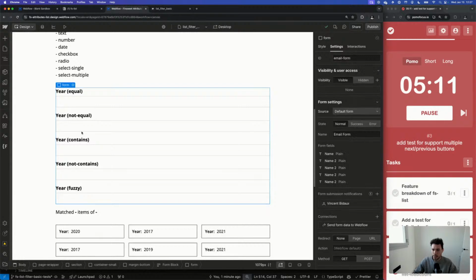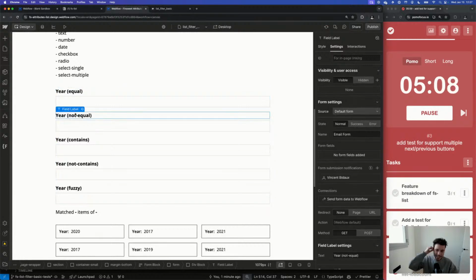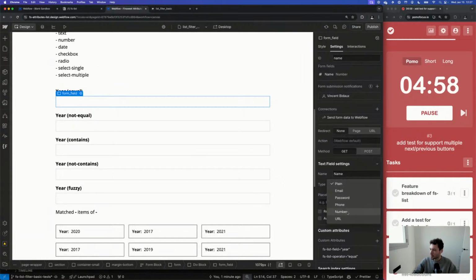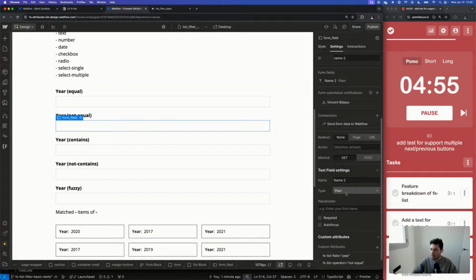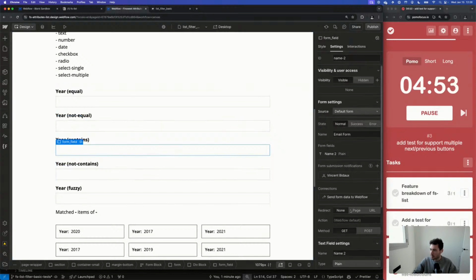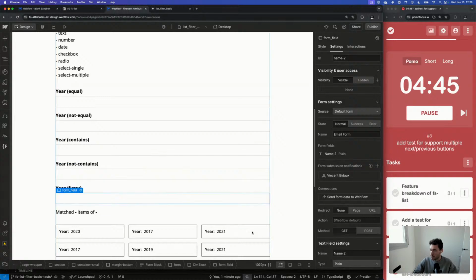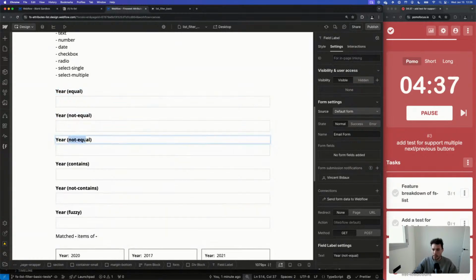But then also we can do more things. We can do greater than, less than. So let's make these type number, actually. They should be a type of number as well. Type number. Let's do year greater.